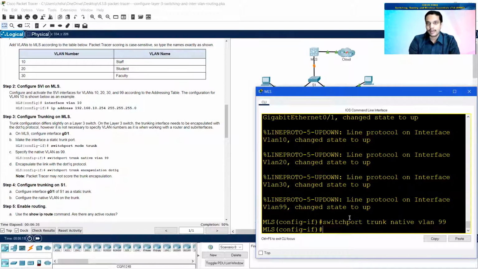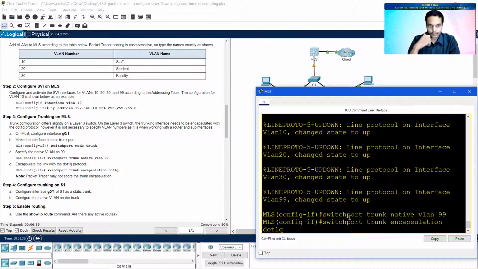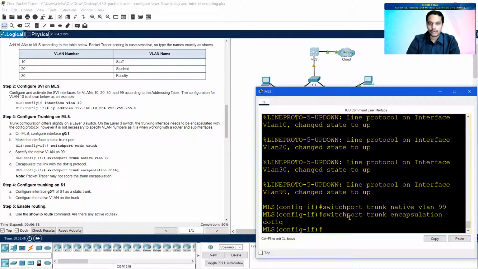Enter. And because it is now an MLS and a trunk port, it has to accept traffic for different LANs, so we have to specify the encapsulation also. Switchport trunk encapsulation dot1Q. Okay, there you go.